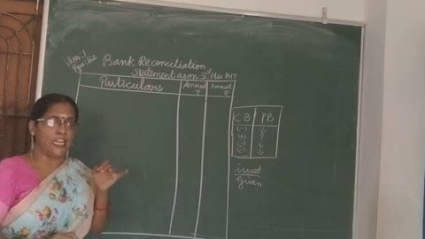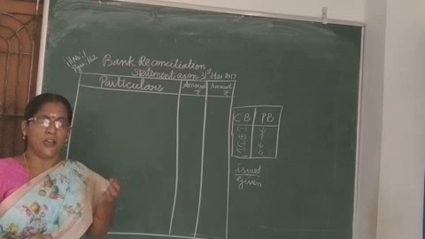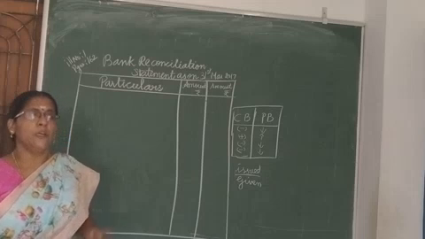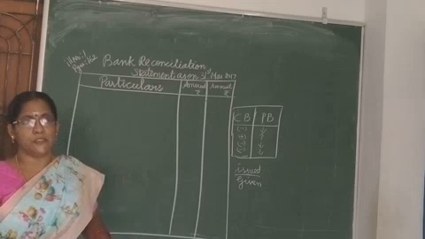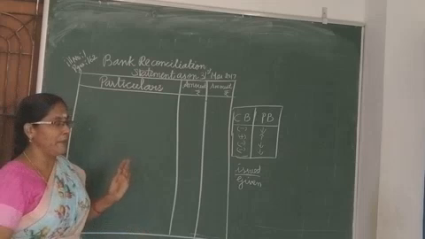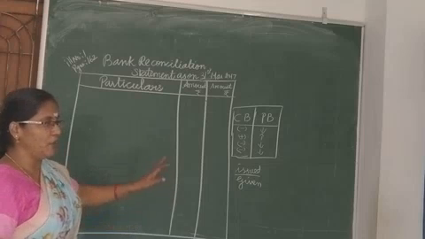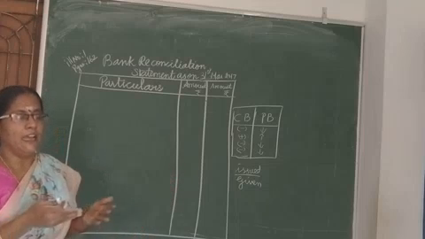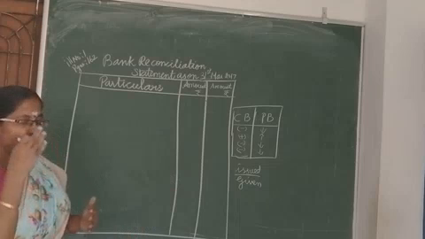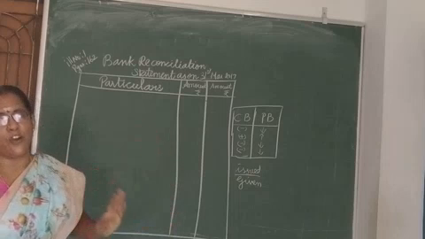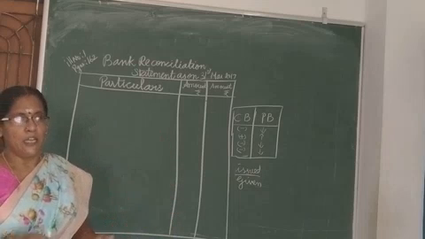Then cash book balance. Suppose they may give the cash book balance at the last of the sum, or else at the first of the sum. Anyhow, we are going to write the balance as per cash book at first. Are you clear guys? I have read out the sum and noted what are all the plus and what are all the minus. So we can rely on this format. First case. Are you clear?